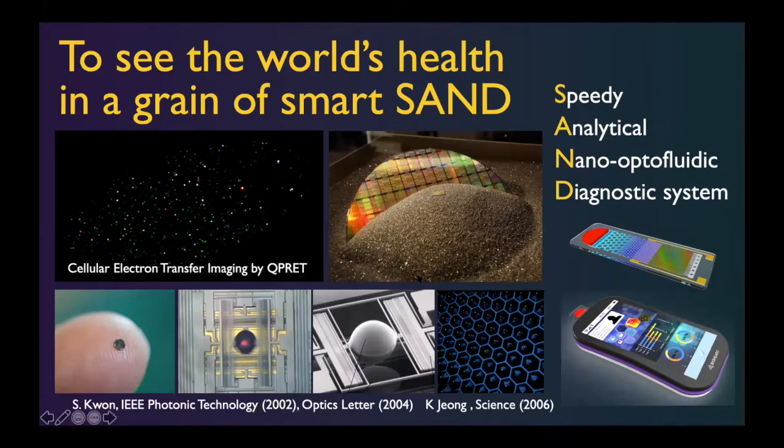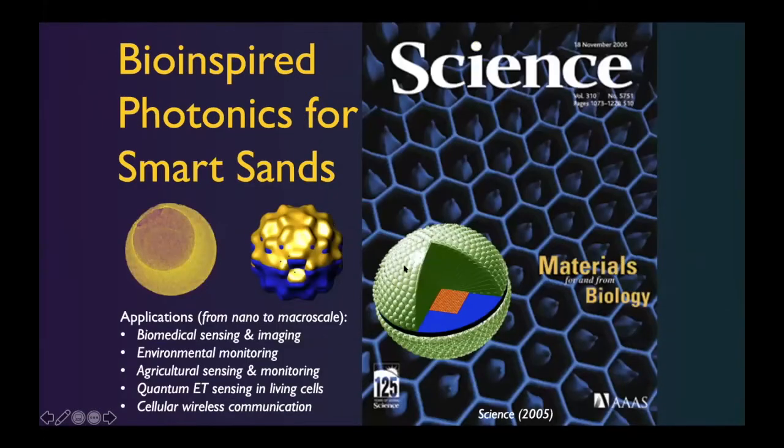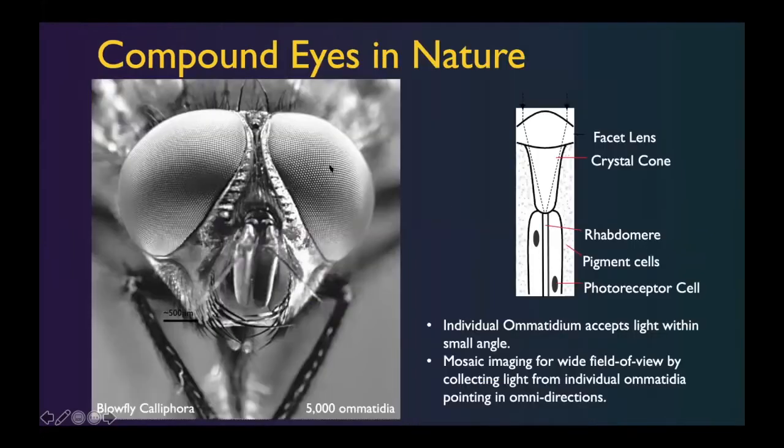So this inspiration from nature can also give us a nice photonic device that we can create. I'd like to show you bio-inspired photonics for smart sand. First, we can get inspiration from insects. These are the two eyes, but within the two eyes, there are many, many small lenses, the so-called compound eyes of the insect. The insect eye has a lens, and underneath there are waveguides. It's fascinating to see how nature already formed lens and waveguide itself so that they can see in every direction.